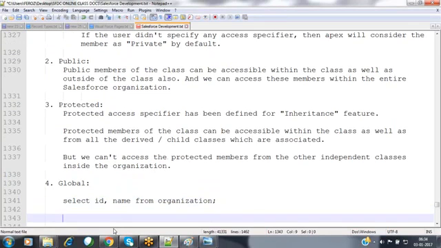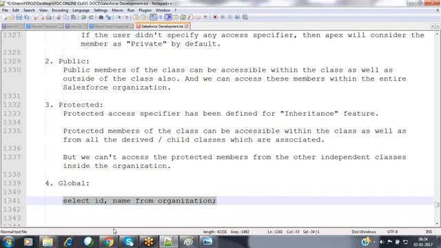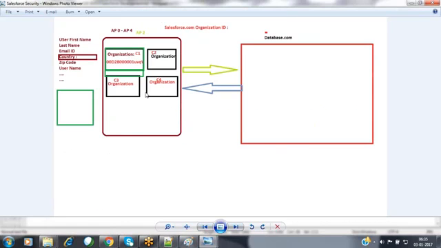The organization object is a standard object used by Salesforce internally by default. By using this organization object, we can query what organization name you entered for your Salesforce.com organization upon creating the Salesforce account, and what ID has been allocated by Salesforce for this organization. Now observe this.